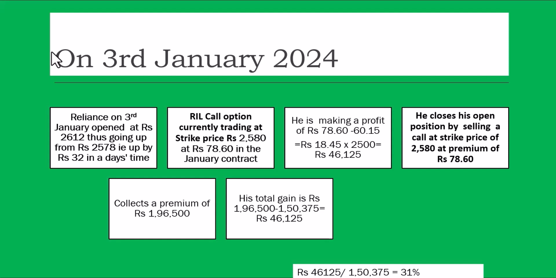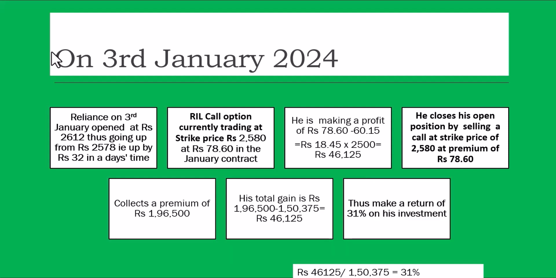Now tell me how many rupees Reliance has gone up? 32. And how much has the premium gone up? 18. The premium is not going along with the price. It is not like the premium has gone up by 32 rupees. If you close your position at the end, you would have made 30 rupees profit. But that is not the luxury you get in a call option. The premium moves by about half, 50%, or 45%, or more than 50%. So 18 on 36, almost 60% the premium has gone up. Fine. So we'll understand this phenomenon. So the premium has gone up to 46. He has made a profit of how much?